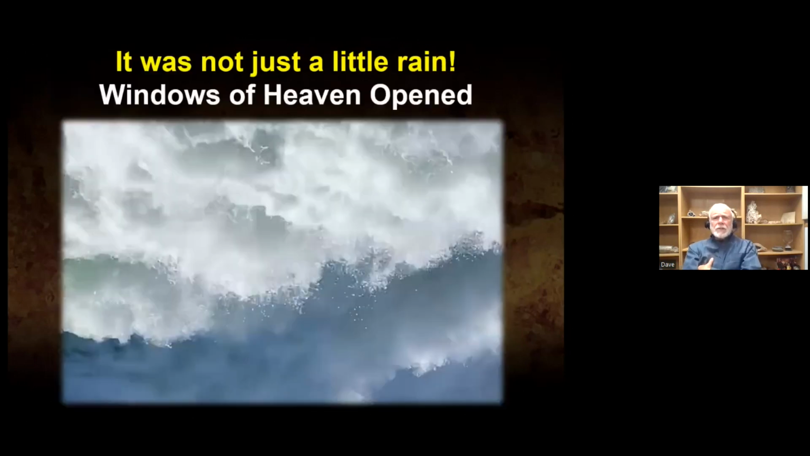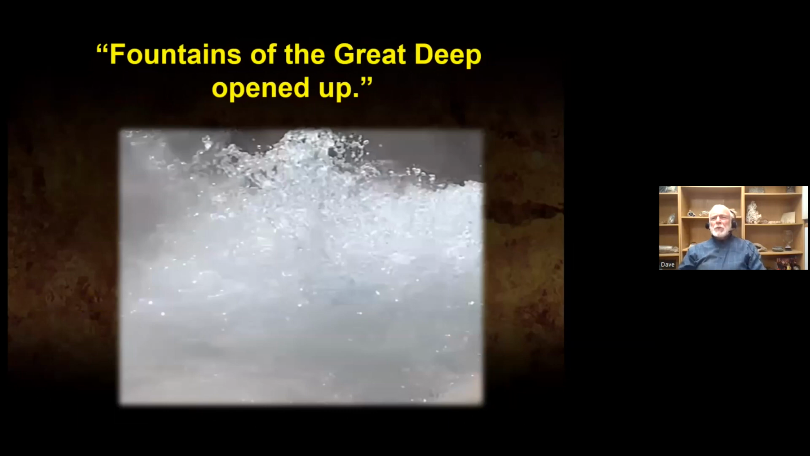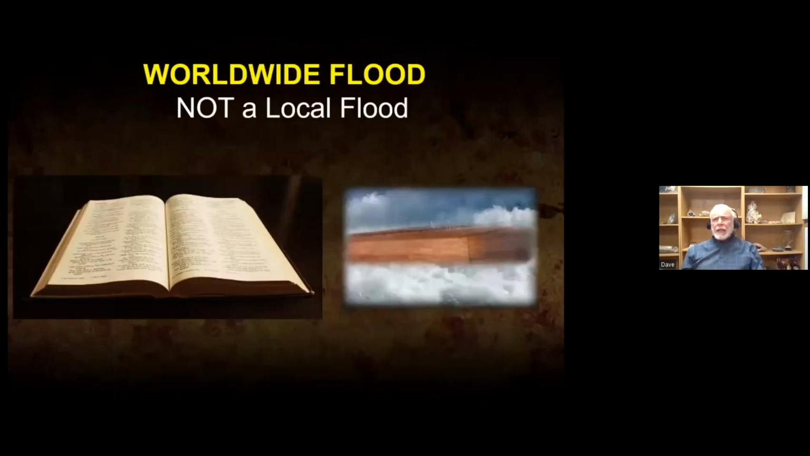And by the way, it wasn't just a little rain. The windows of heaven opened up, the fountains of the great deep burst open. You find out that we have 2 sources of the water, don't you? And with all that going on, there's going to be something very similar to catastrophic upheaval of the ocean basins. And so that's what we're looking at in the flood model,